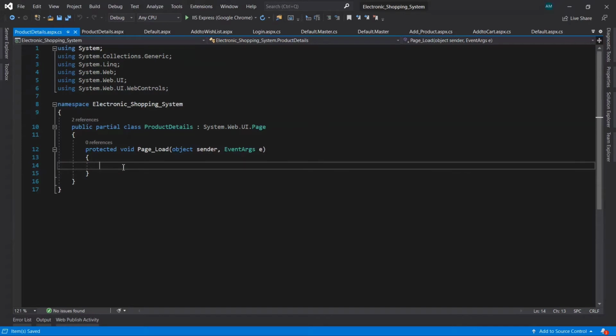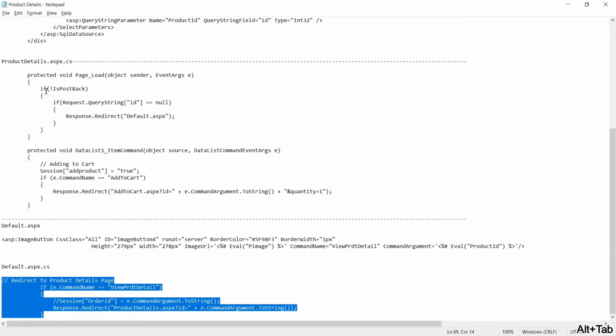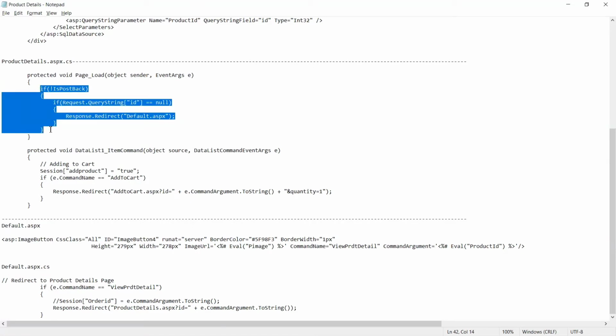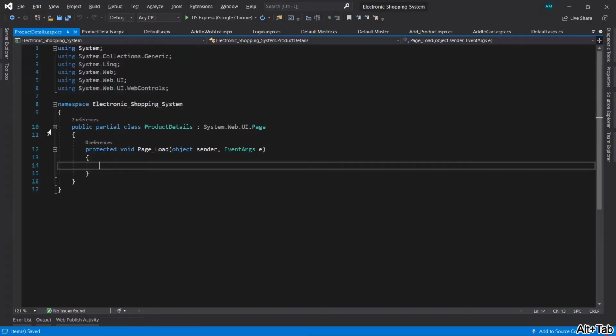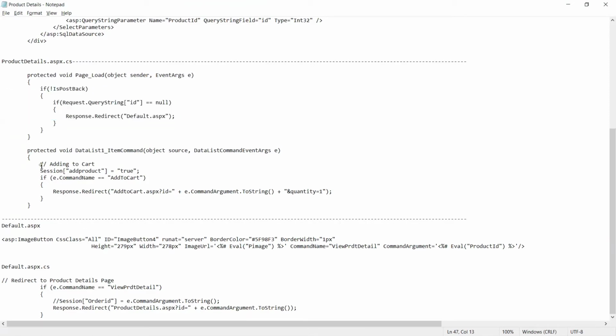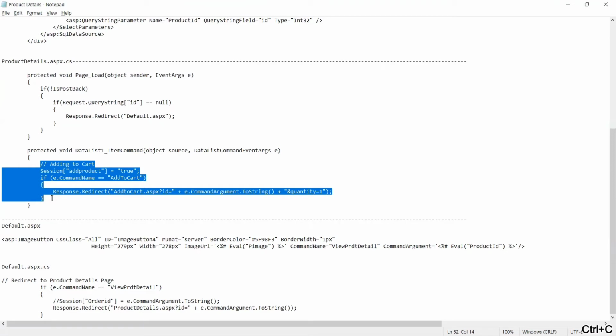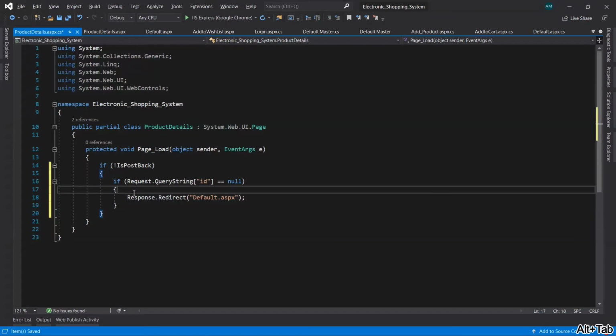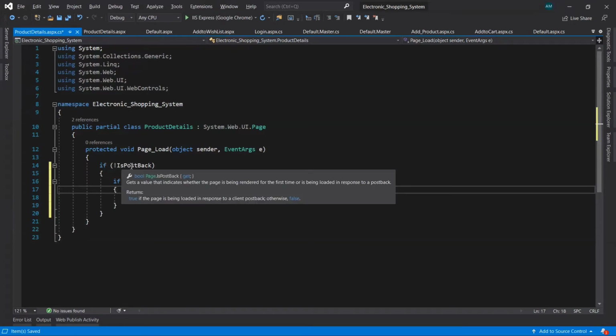Now when the page is loaded, what do we have to do at that time? Here in the page load event, I have taken a check that it is not a post back.